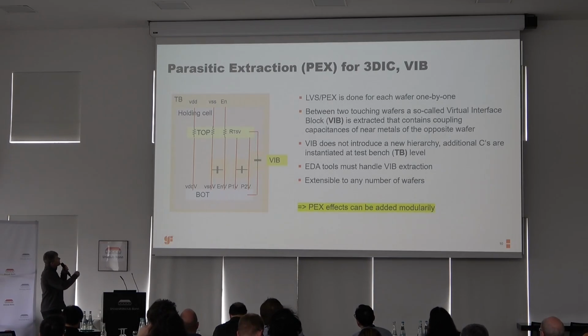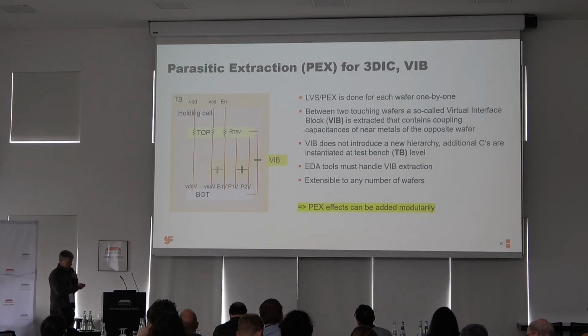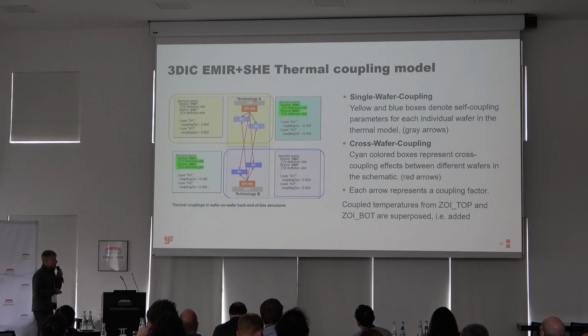Here you see basically the top and the bottom with capacitances on your lines. And the charming thing is that it's quite modular. So we can extract top and bottom singularly, and then we add the VIB. And this is our proposed solution. We are still discussing with the EDA vendors to implement this. So what you see here, this left top die and the bottom die, they are analyzed as they were. So this is what we have.